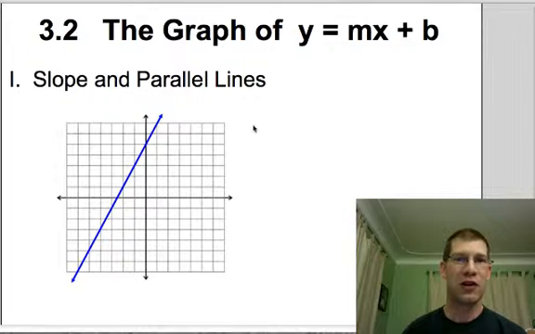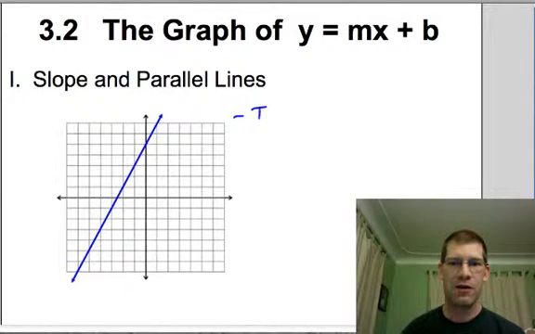But the book makes 2 points that I want to comment on. The first point is they say the slope everywhere on a straight line